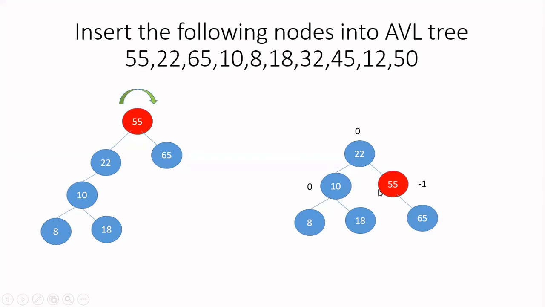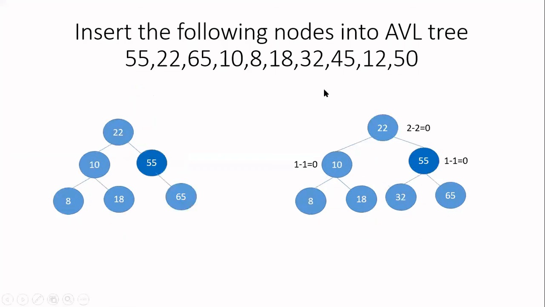You can check simply to understand. All the nodes will be having balance factors out of the three allowed values only. The balance factor of 55 is now changed to 0 minus 1, that is minus 1. So we have balanced the tree. So now we can go and insert the next node. The next node is 32. 32 is greater than 22, so go to the right subtree, compare with 55. It is less than 55, so go to the left subtree and insert it because the left subtree is null now.